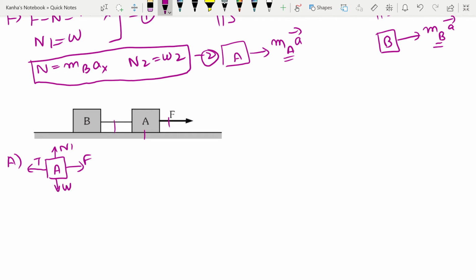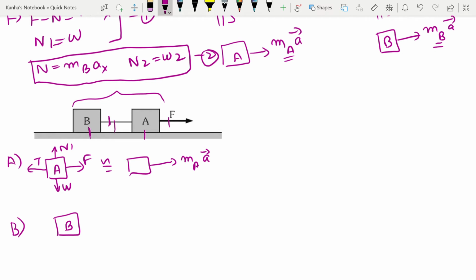You're done with the forces, and we said that because this is moving, this is equivalent to this moving with the force mass of A into the acceleration of the entire system. All these are going to move with the same acceleration. Similarly, now I can make my FBD for my block B. My block B has one contact here, one contact here. So I have some N2 and I have a tension force. The non-contact one is this thing.